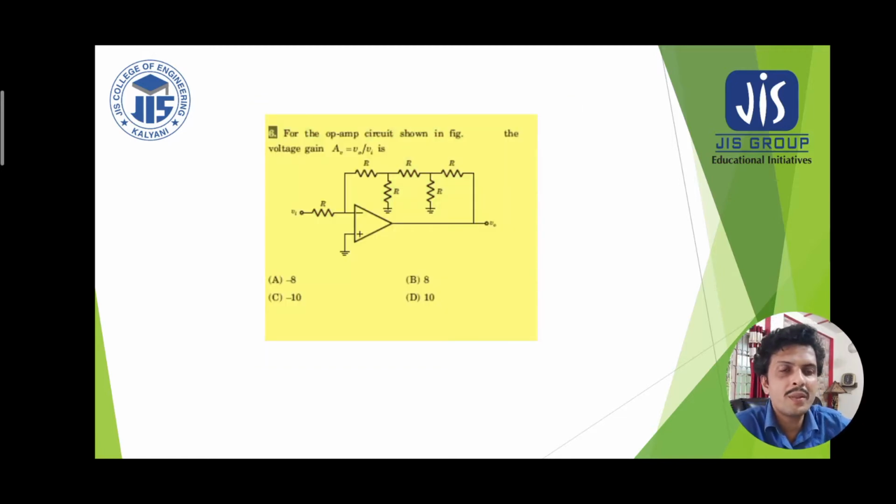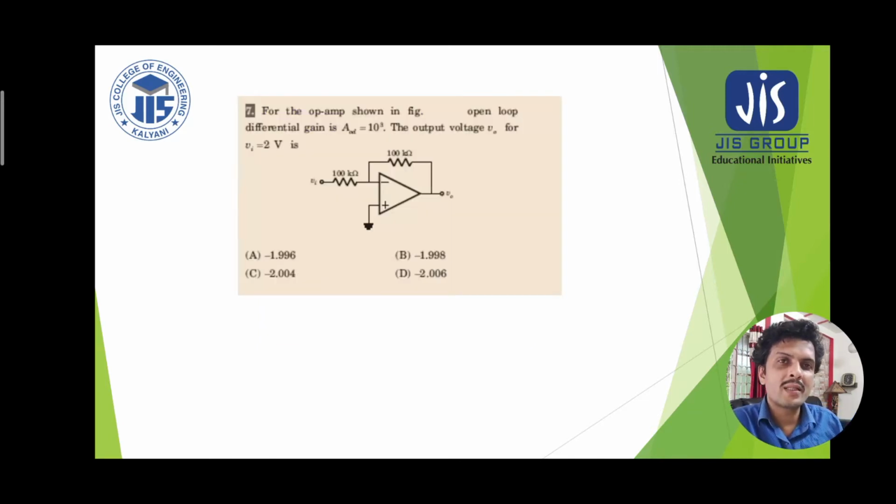This is another problem in which two T networks are joined, so it is a pi type of network connected in the feedback network, and all the resistors connected have the same value R. The gain V0 by Vi needs to be calculated. Here we can apply KCL for the input circuit, because the input negative terminal is at virtual ground. Thereafter we can assume node voltages V1, V2, and in this way calculate the voltage gain of this circuit.